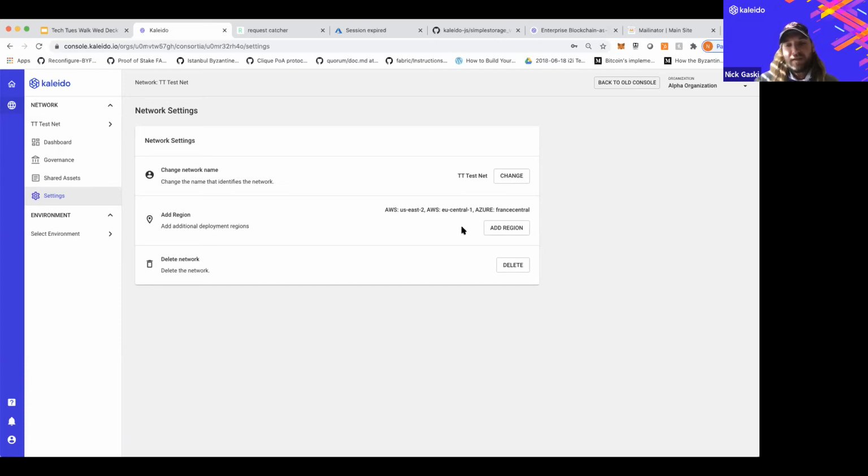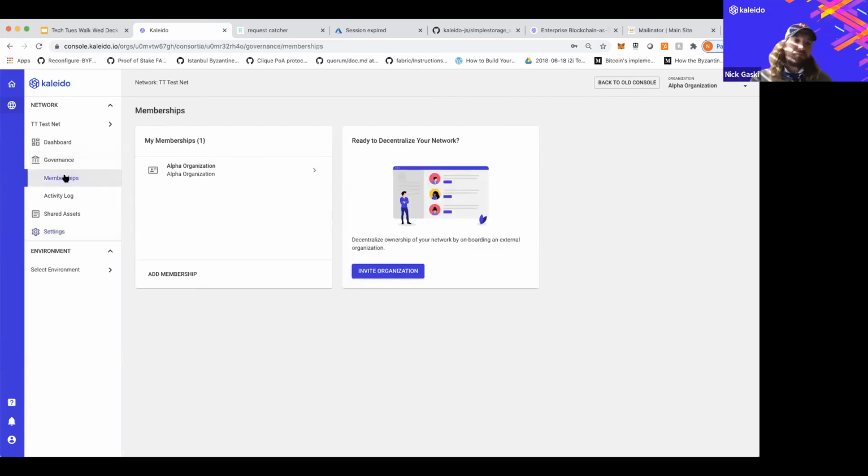So it's a very, very doable action for our ops team and for Kaleido to bring on different regions in these cloud providers. There's some underlying next-gen elastic file infrastructure that's required in addition to the geography of those data centers. But it's a very approachable conversation if you do have a requirement for a different data center as well. So that's talking about multi-cloud, multi-region, and now we'll go into the governance layer.